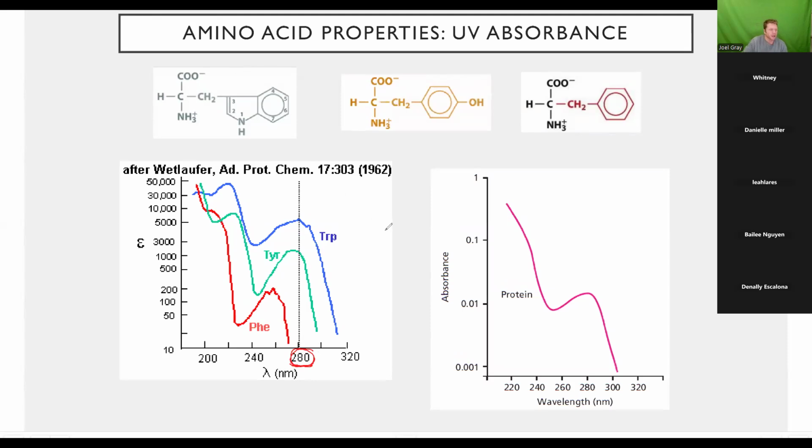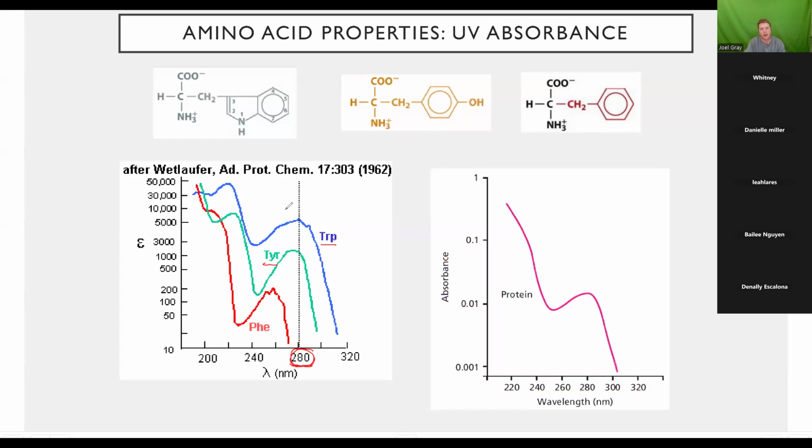your aromatic amino acids absorb light at approximately 280 nanometers and at 260 nanometers. The amino acids tryptophan and tyrosine absorb the most light at 280 nanometers. Phenylalanine doesn't really absorb much, if any, light there, but it does absorb at 260. So this is important and valuable because one of the things that it means is that if you have like